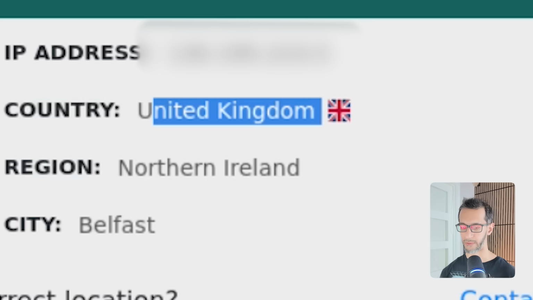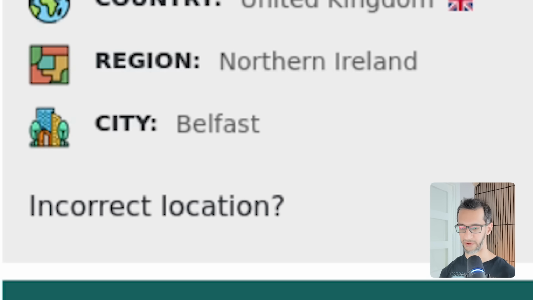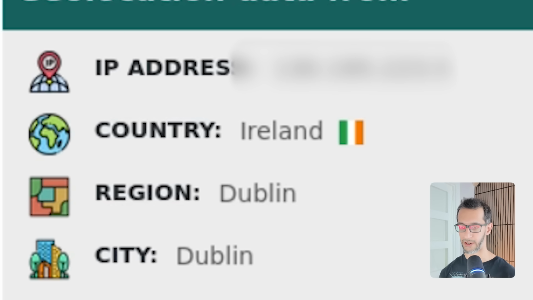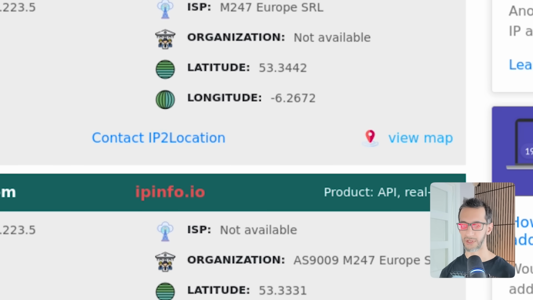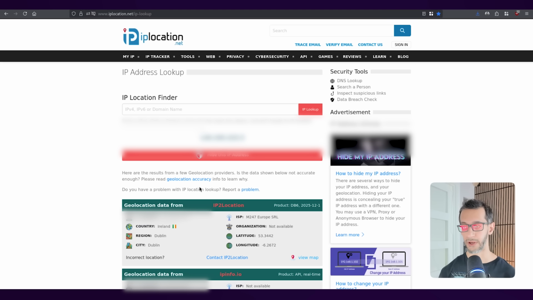The country is almost every time United Kingdom, but region maybe here it says Belfast, here it says Northern Ireland, here it says Dublin, and then the country is Ireland. So you're going to get slightly different results based on who's giving you that information back. So I love this website because I get to see data from so many different data registries that store IP to ISP to country-based information. So this is my go-to resource every time I have an IPv6, an IPv4 address, or